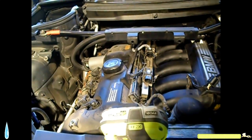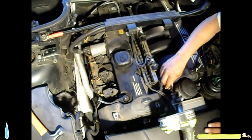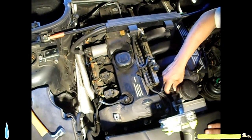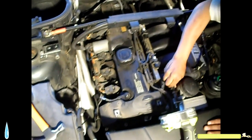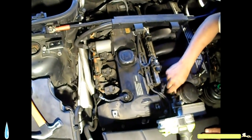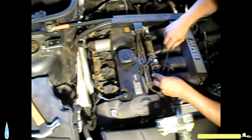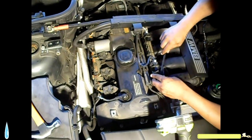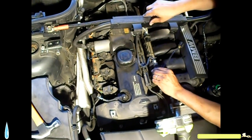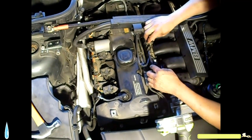Okay, so I crank everything a little bit more. Alright, there we go. A few more connections. Put this connection here, squeeze. Okay. And we get this connection here, with this connection here,